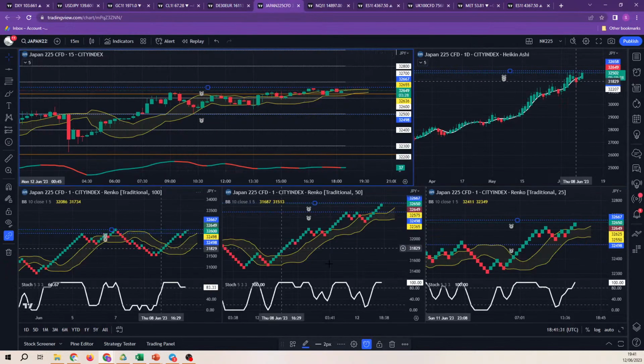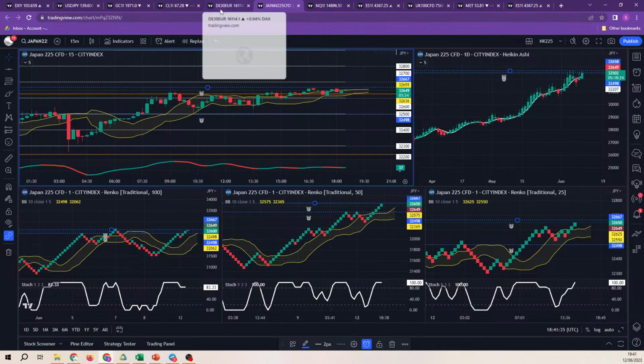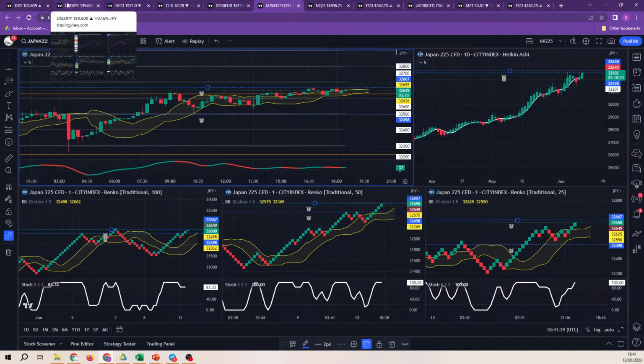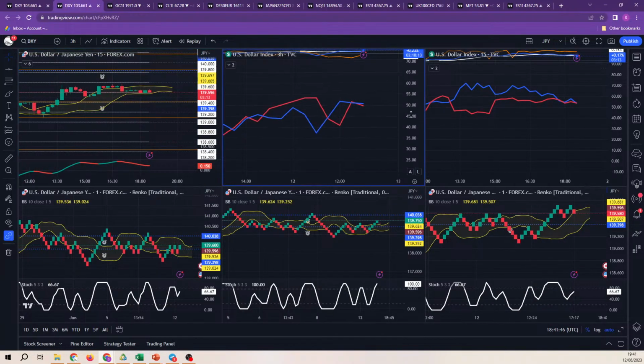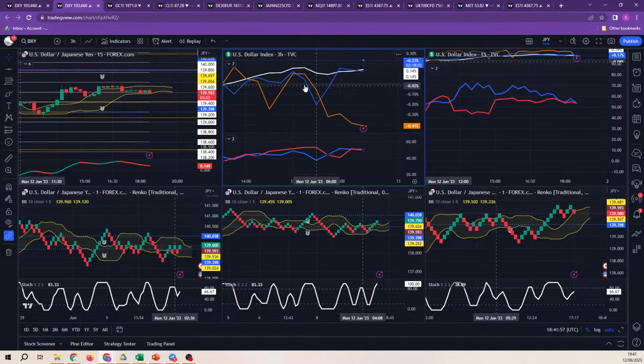Japanese yen set up here, and have we got it in there? Maybe is it in that one? Let me just have a look. Maybe it's not the Japanese yen. Oh no, so that's the Nikkei 225. Here it is, Japanese yen. This is the same thing. If I click on the red line, it's going to load up. Let's pull it down this way, it's easier. So the orange line, that's the Japanese yen,